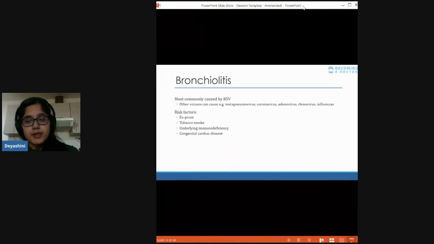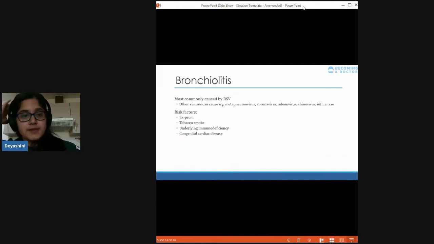Bronchiolitis is most commonly caused by respiratory syncytial virus. It's typically a viral infection, which happens mainly in the autumn winter times. There are certain risk factors: having been born prematurely, underlying immune problems, congenital heart disease. I don't know the full extent of the link, but cardiorespiratory conditions are so related with most of these respiratory conditions that you'll see underlying congenital heart disease is a